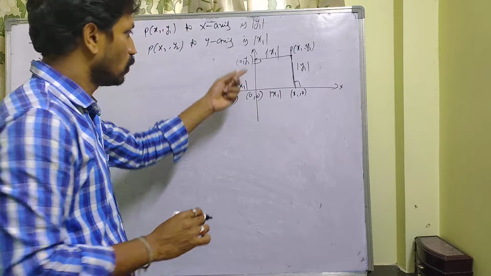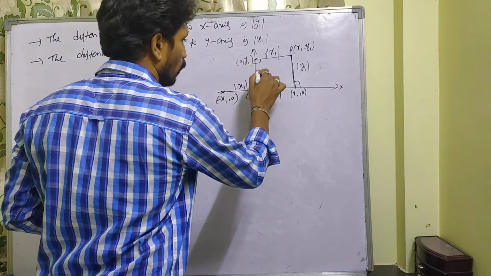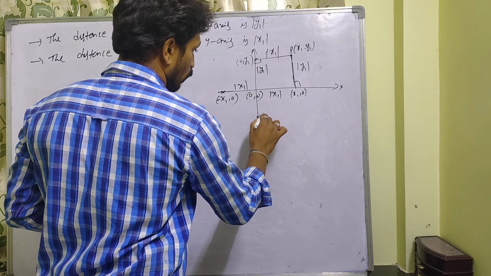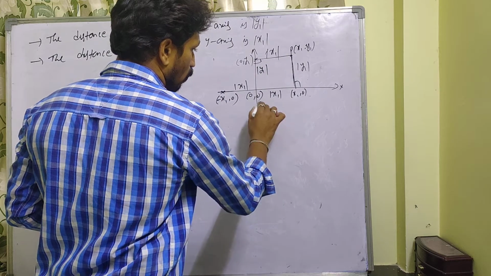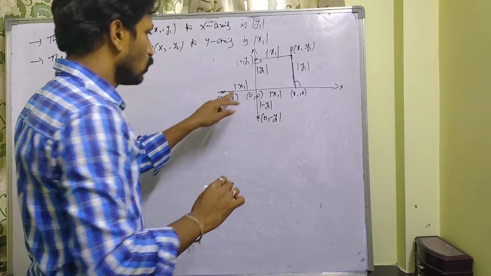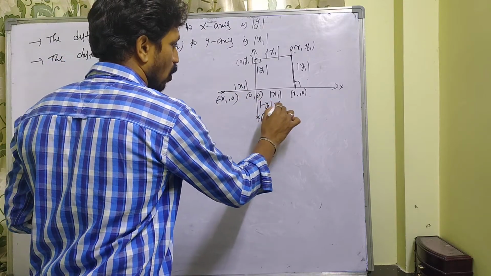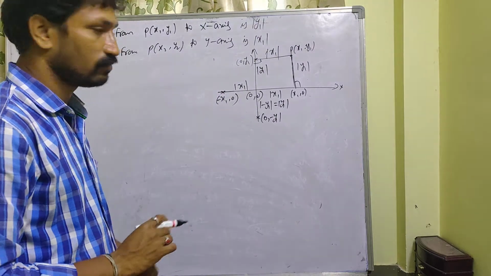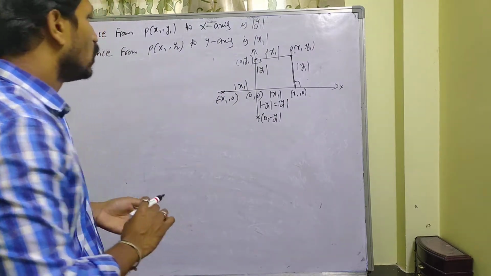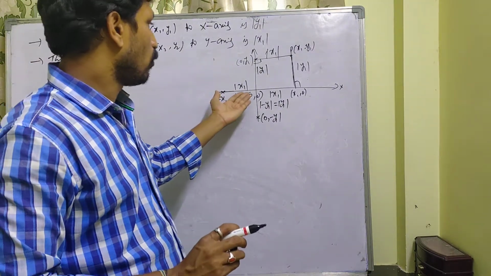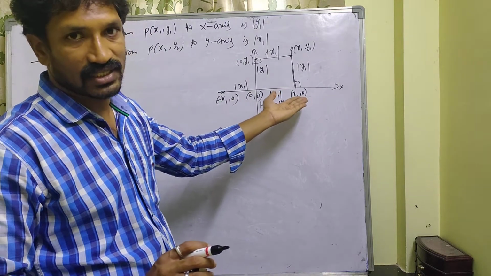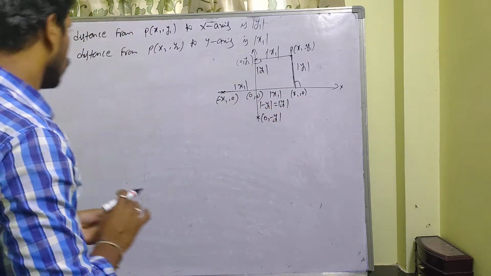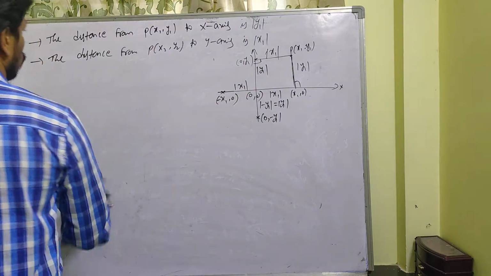So it is always positive. It is (0, y1). So what will it be? This is the modulus of y1. If you take (0, minus y1), the modulus of minus y1 is nothing but mod y1 only. Here the modulus of minus x1 is nothing but mod x1 only. So like that, the distance from the origin to any point on the x-axis, in the form (x1, 0), is mod x1. Remember. Next one.